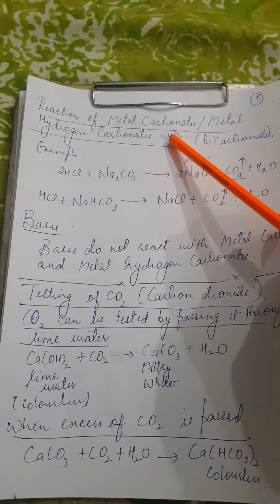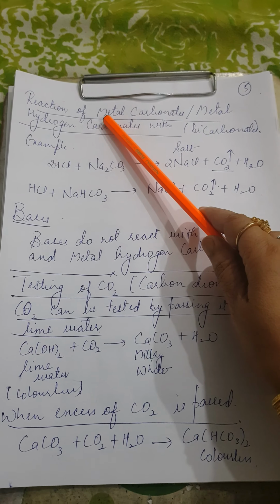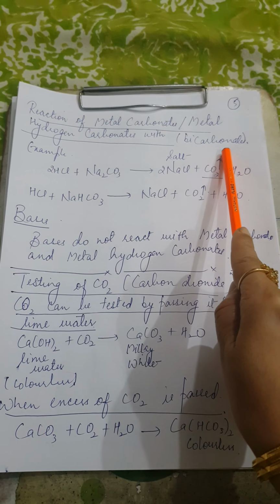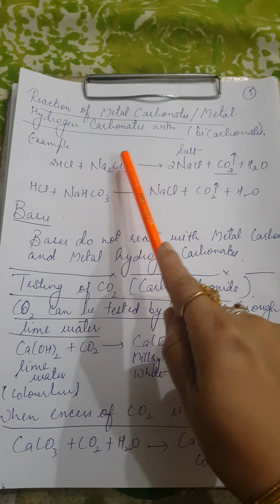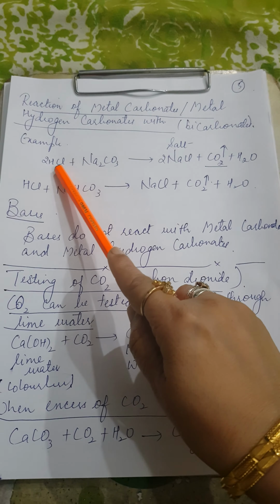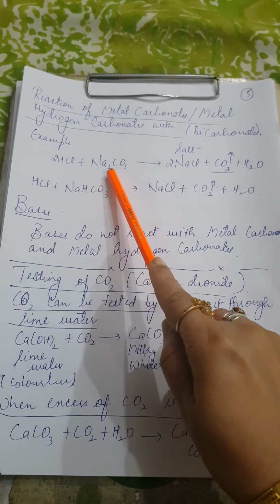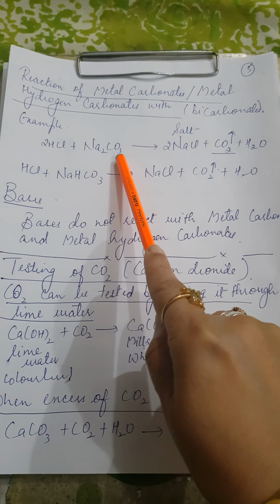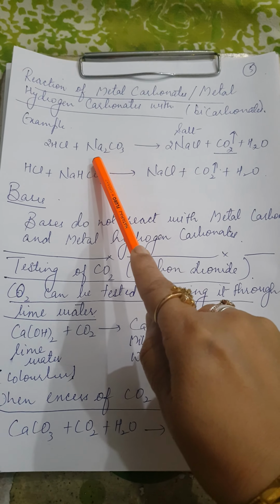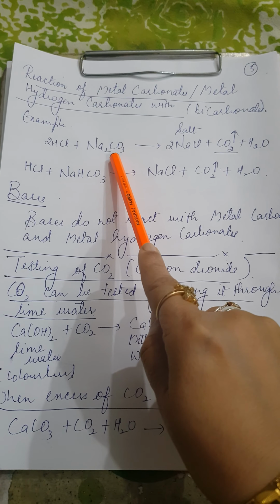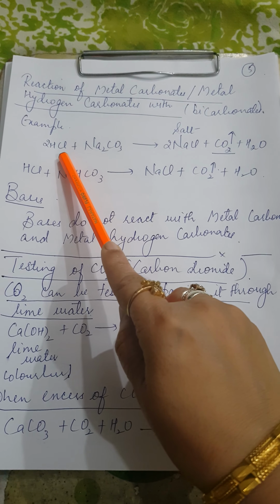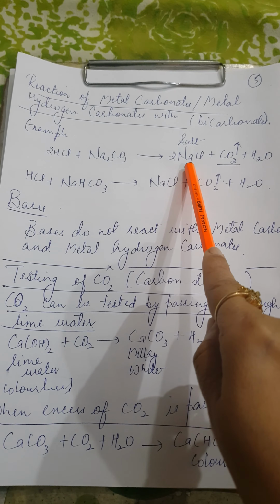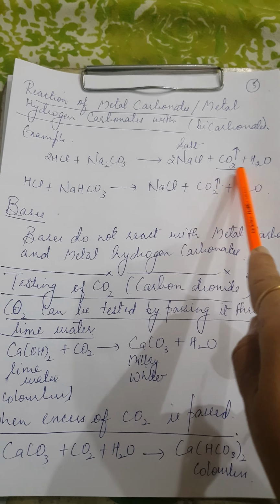Now, next topic is reaction of acid with metal carbonates and metal hydrogen carbonates or metal bicarbonate. First, for example, HCl, hydrochloric acid, when it reacts with metal carbonate. Now you know sodium is metal and CO3 2 minus, that is carbonate ion. So, sodium carbonate, Na2CO3. On reaction of hydrochloric acid and sodium carbonate, salt, NaCl, sodium chloride, carbon dioxide and water